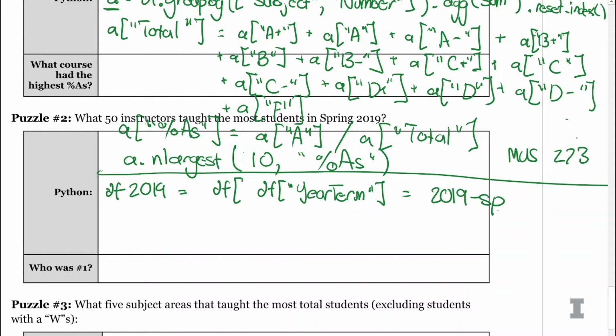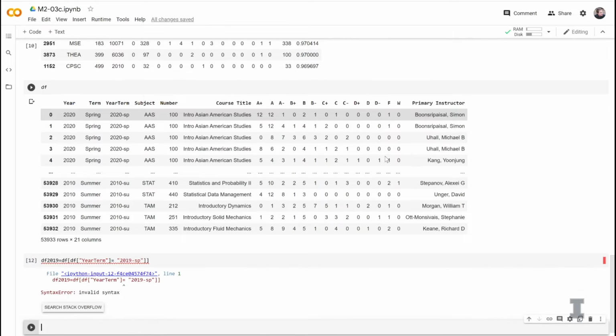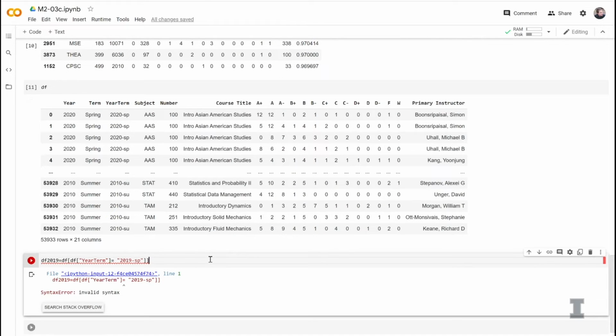And because this entire thing is not just a number, it's a number and characters, we need 2019-SP inside of quotes. Now I'll close this out, and then we will look at df_2019 and make sure that all we see is spring 2019 courses. Let's go ahead and take a look at that.